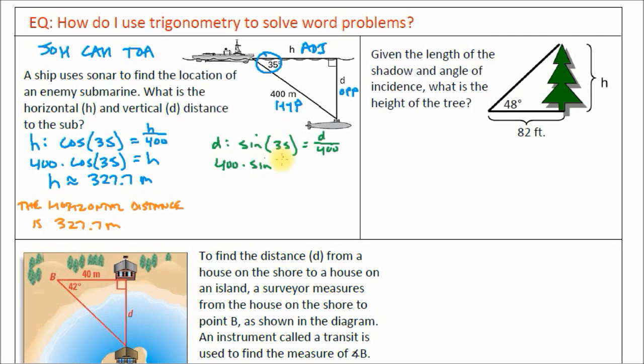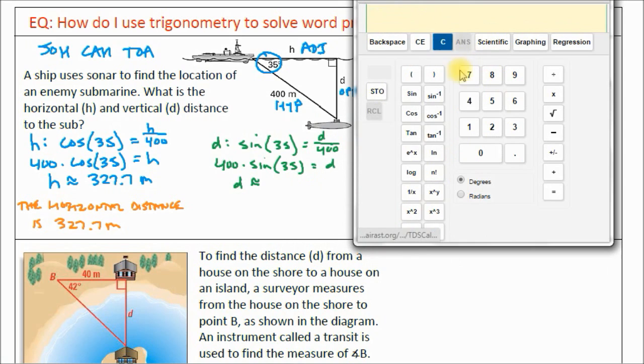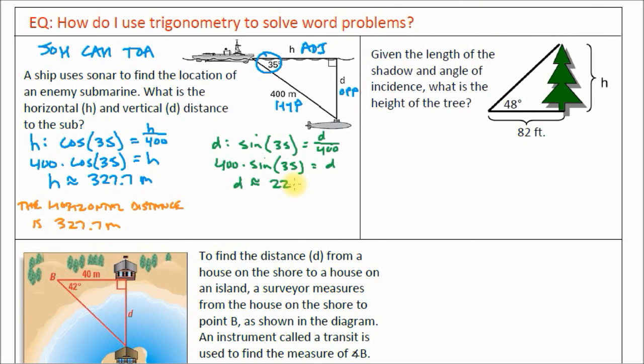So we have 400 times sine of 35. The reason why, class, is because our variable is on the top of our fraction. So we multiply by 400 to cancel the 400s here, which moves the 400 to the other side. That is equal to D. And we can go ahead and plug that into our calculator. You see how fast this gets as you begin to practice your trigonometry. Let's go ahead and type in 400 times, in this case we're using sine of 35, close parentheses, press equal, 229.43, so we can round to 229.4, approximately